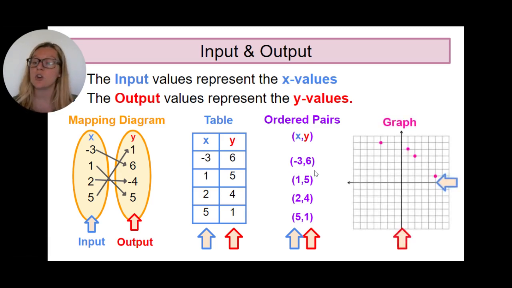And then lastly, we could graph it. All we're doing is taking these ordered pairs and putting them on our graph. So remember, this blue line is our x-axis. So that's going to be our input. So for example, this input here would be -3, and our output, or our y value, would be, I don't know, let's say 8, 9, whatever that number is, that is going to be our output, okay? So that's the four different ways that we can write our relations and functions. And remember, each relation and function will have an input and an output.